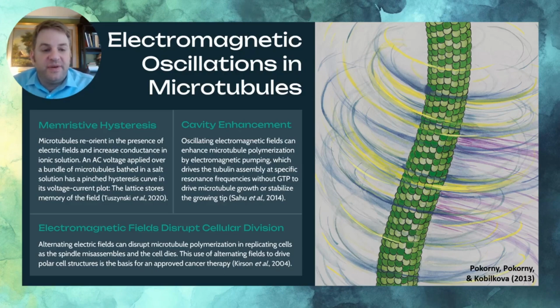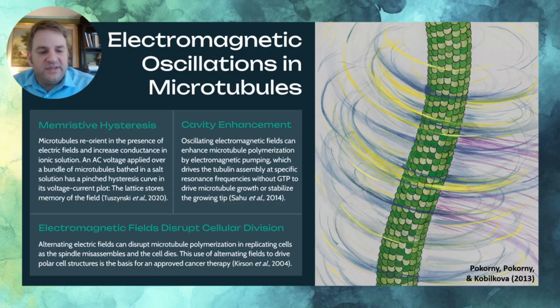Microtubules reorient in the presence of electric fields due to their large electric dipoles, and they can increase the conductance in an ionic solution. Of course, you get all these positive ions forming along the surface of the microtubules, and it creates an area where they can just slide along the surface of the microtubule,